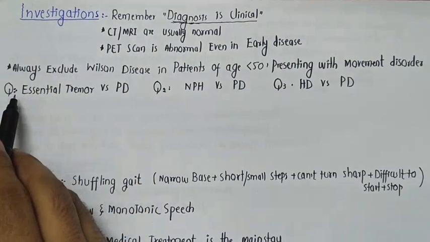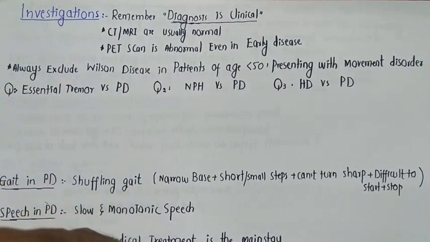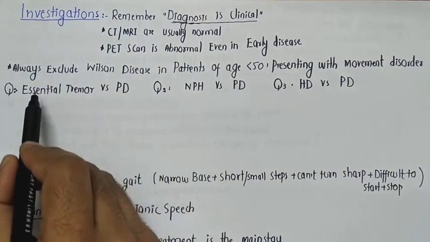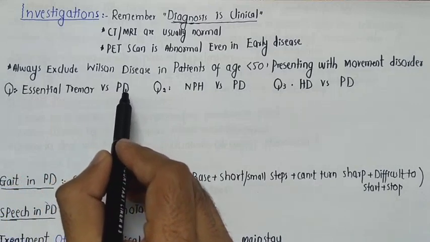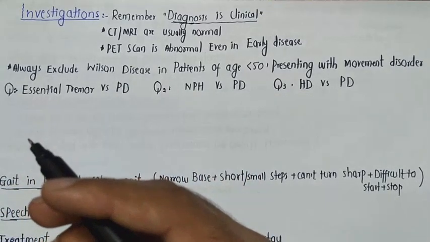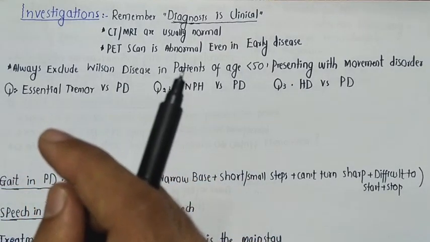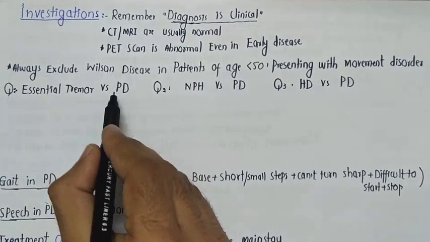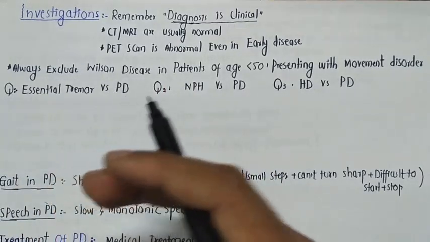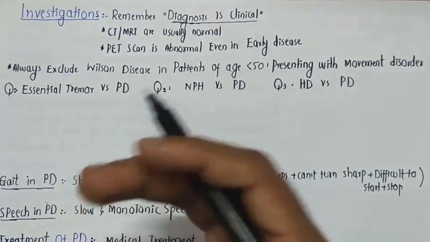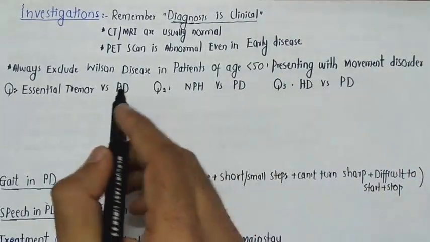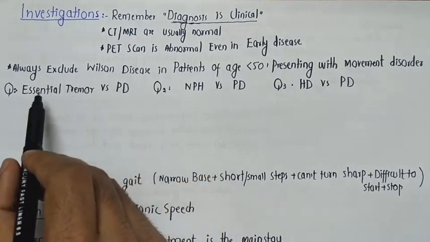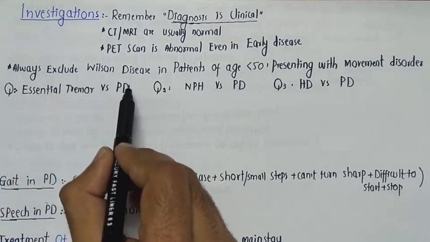Time for some fun questions. Question number 1. How will you differentiate essential tremor from Parkinson's disease? The answer is, in Parkinson's disease, there are other neurological features also. Along with tremor, there is bradykinesia, there is rigidity, there are postural changes, there is gait disturbance. So along with tremor, there are other neurological features as well, which will differentiate essential tremor from Parkinson's disease. But